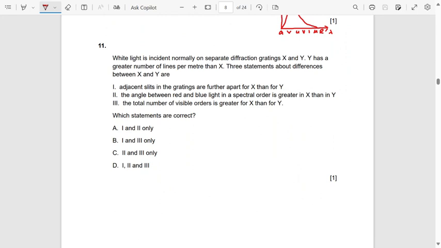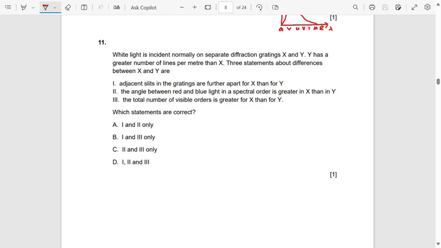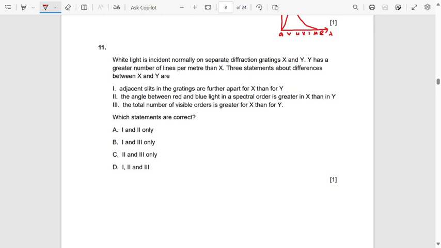Right, number 11 shouldn't be that difficult, but it's very easy to get lost in the wording. And I think the wording that is actually not very nice is this number here. So the idea is we've got a grating, and remember we'd shine a laser through it, and then we'd have the spreading out, the diffraction of the light. Now the more lines you have,